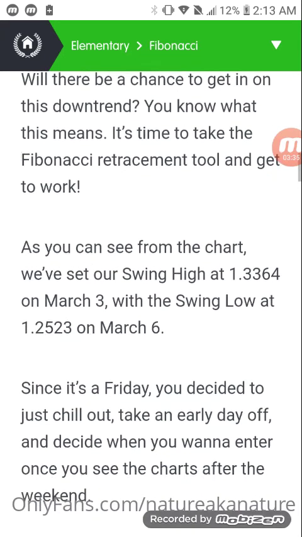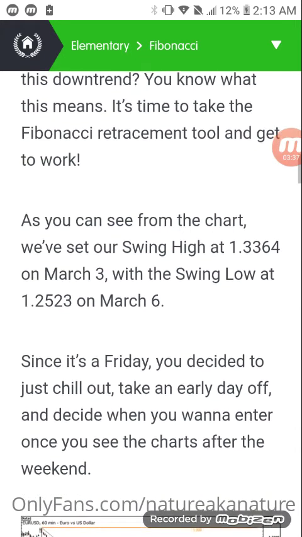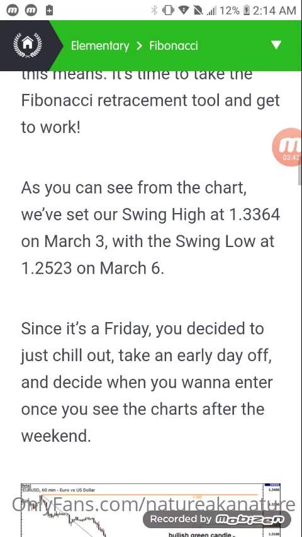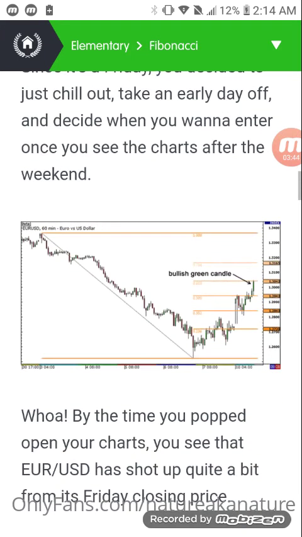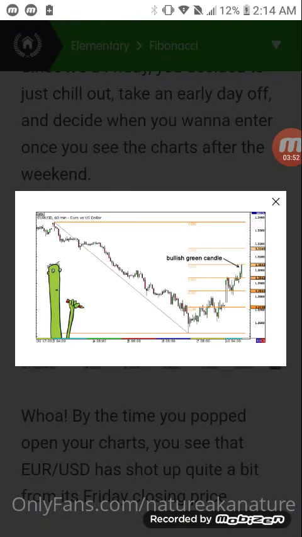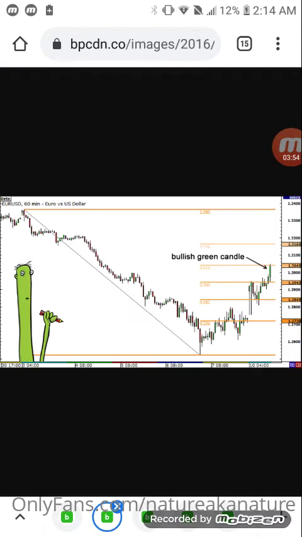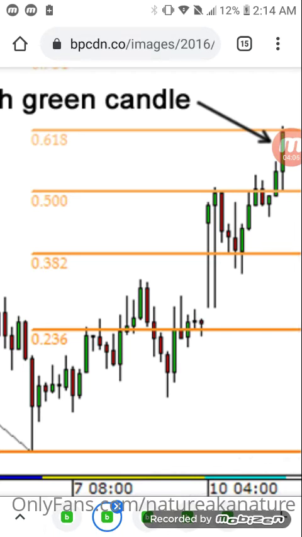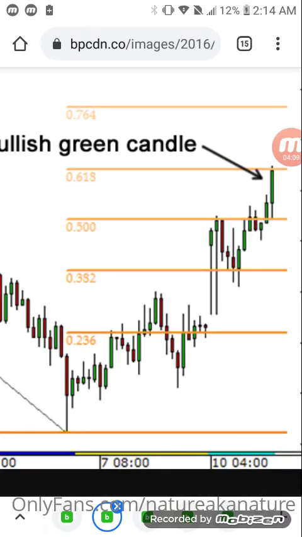Since it's Friday, you decide to chill out and take a day off early and decide when you want to enter once you see the chart after the weekend. By the time you pop open your chart, you see that the Euro USD has shot up quite a bit from Friday's closing price. It went past the 38.2, testing that level, then went to the 50 and started testing that level a little bit, and shot all the way up to